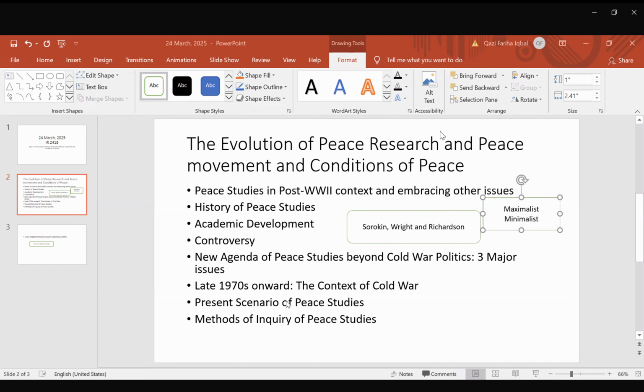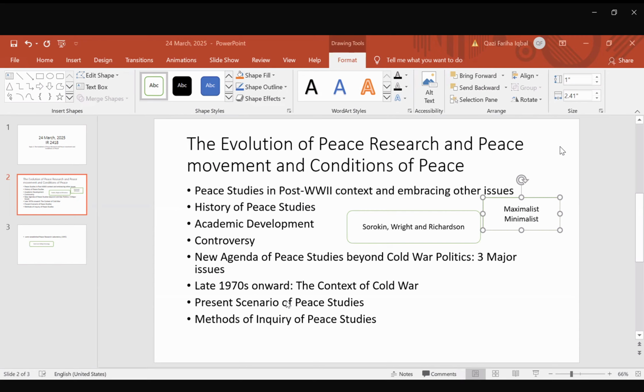Thirdly, the non-violent transformations. It studies non-violent transformations. So what is non-violent transformation? It searches for peaceful ways to settle disputes and prevent possible outbreaks of violence. So when a possible conflict is arising, it focuses on peaceful ways to settle those conflicts before they escalate to further violence. And it also focuses on ways to mitigate violence if it breaks out.